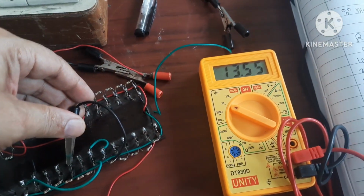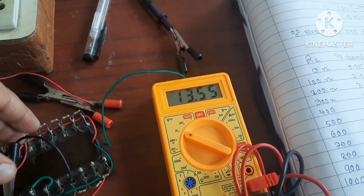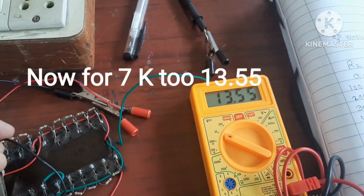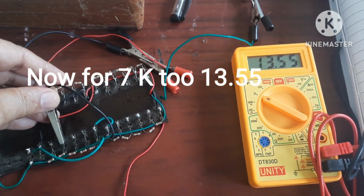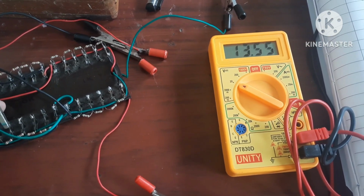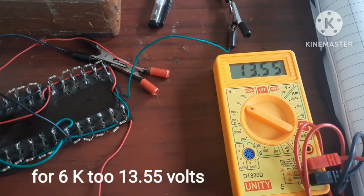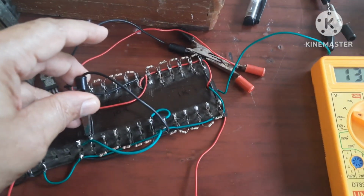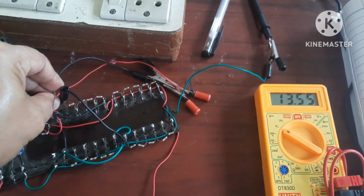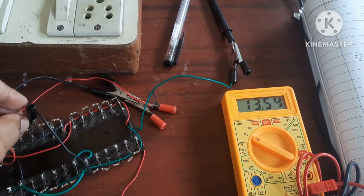This is for 800. It is same 13.55. Now change it to 700. Again 13.55. Then 600, 13.55. Then 500. See, 500. Again 13.55. See, here also it is 13.55. Here also it is 13.55. Here also it is